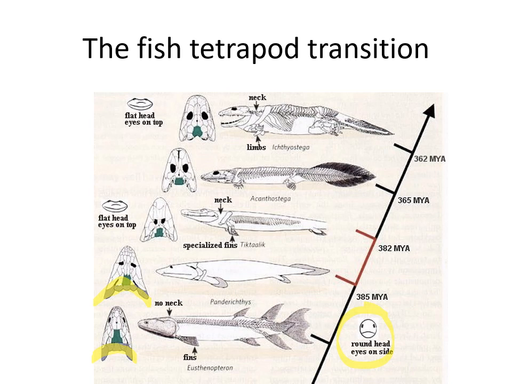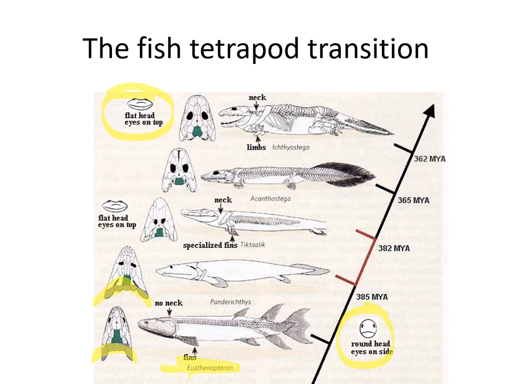If you look at a bass or a shark, their eyes are on the side. If you look at a terrestrial amphibian like a frog or a salamander, their eyes are on top of their head, so the head's flattened. They go from being round to being kind of flat on top. Okay, so that's a couple of characteristics that we're going to point out, but we're going to start with this